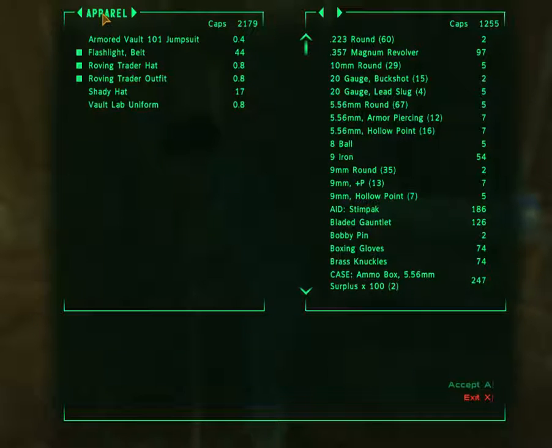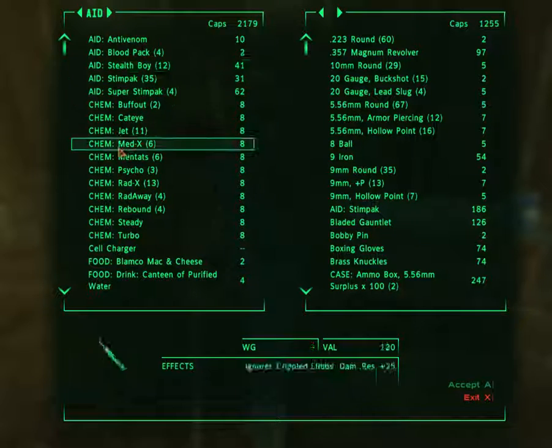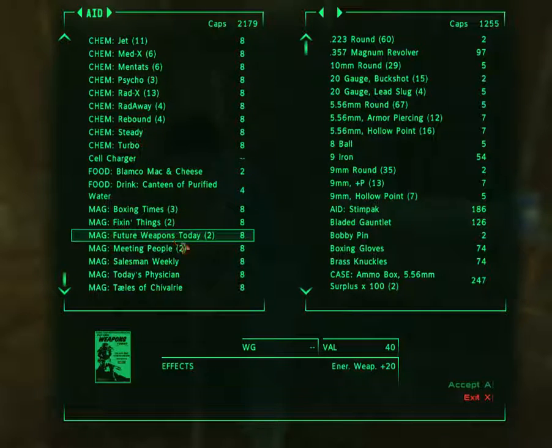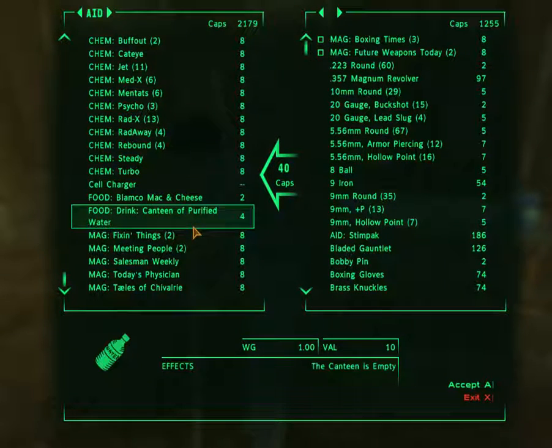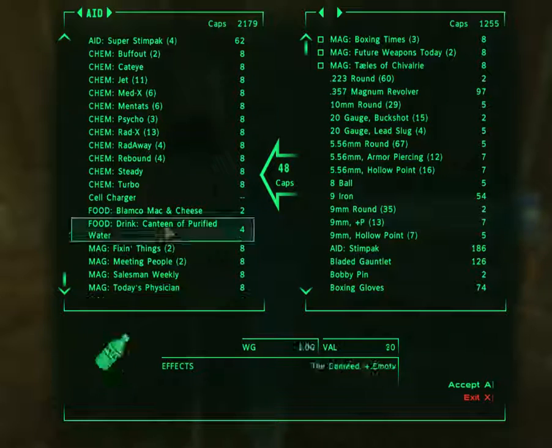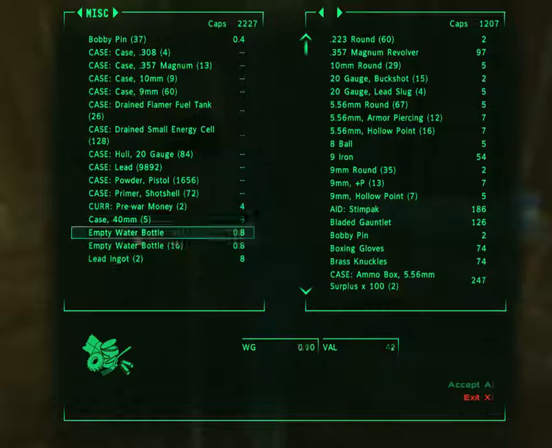None of this stuff. Let's see. The thing is, I'm not really going to need future weapons today, or boxing items, because I do not box. And melee weapons are so situationally useful that